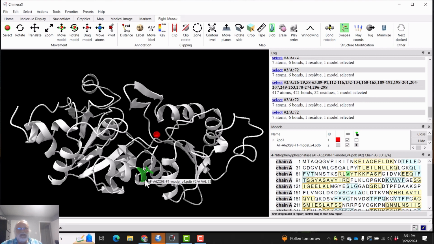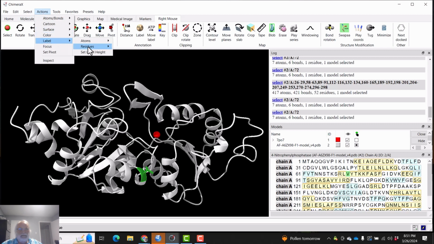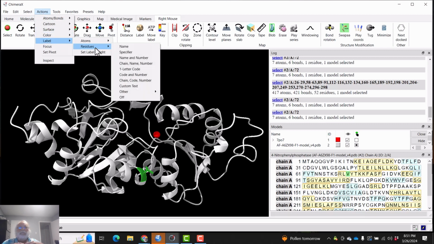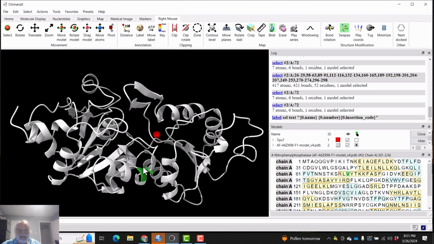A nice little thing to do to help your reader out is maybe label that amino acid. And Chimera will let us label that amino acid. So what we'll do is go to Actions, Label, Residues, because remember, amino acids are referred to as residues. Let's go ahead and put name and number. That'll be a 3-letter abbreviation for the name and the sequence number that it is. We'll click on that. And you see it's in really small print right here. That's not that